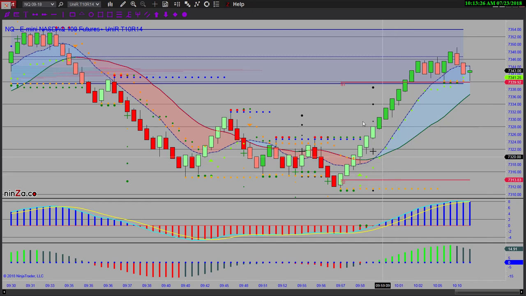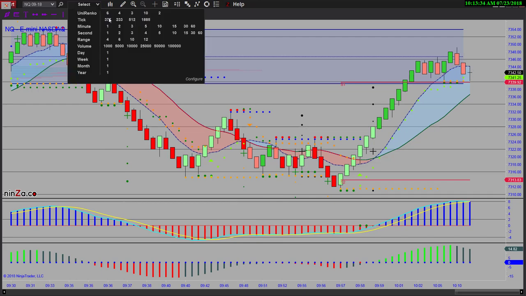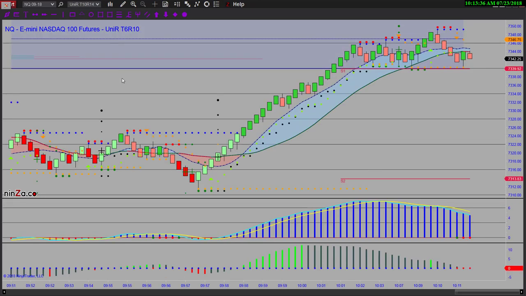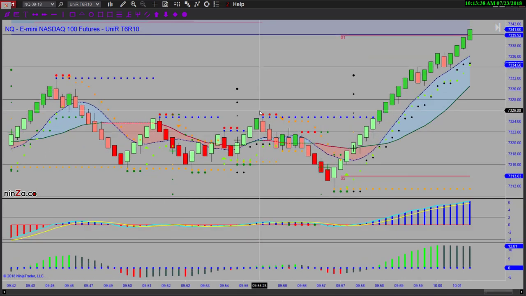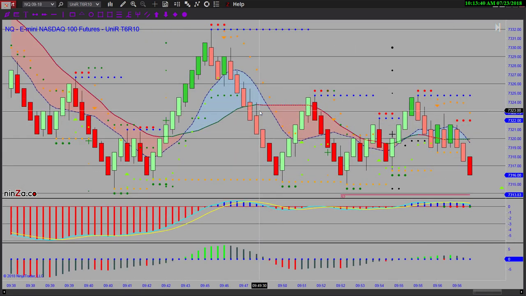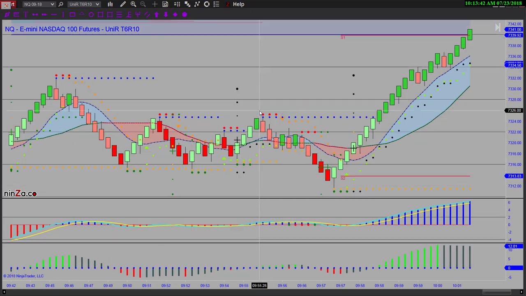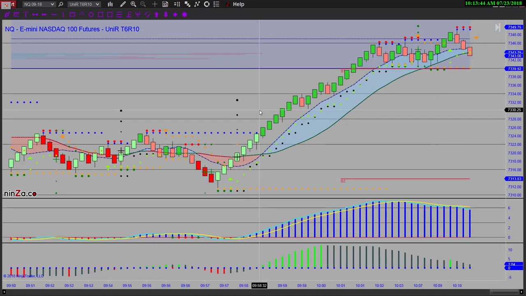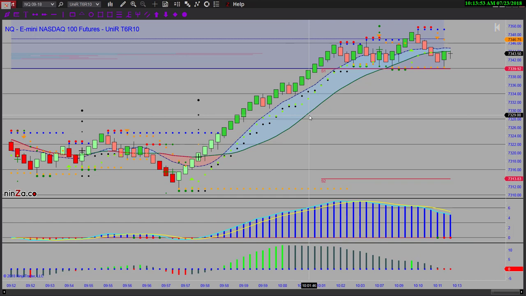Now you don't get the lightning bolt patterns as much on the 1014 as you do on the 610. But once those 1014s get going, they're pretty nice. Like this was a nice run up. I was long it. I took my profit too early, and here's the problem that I've got at the moment,